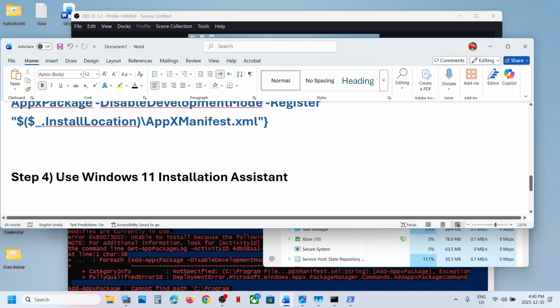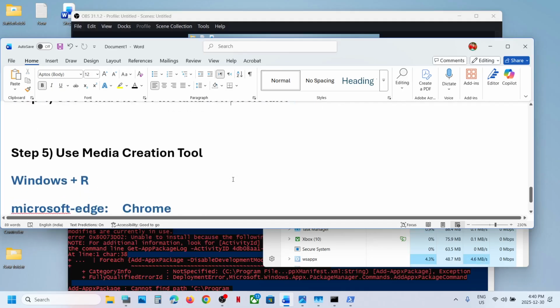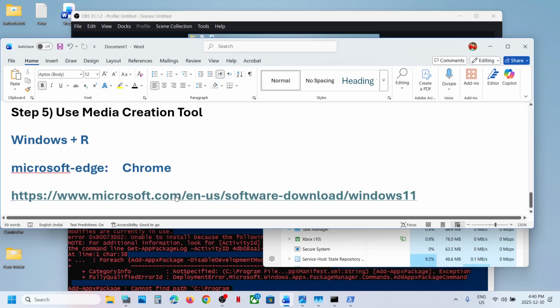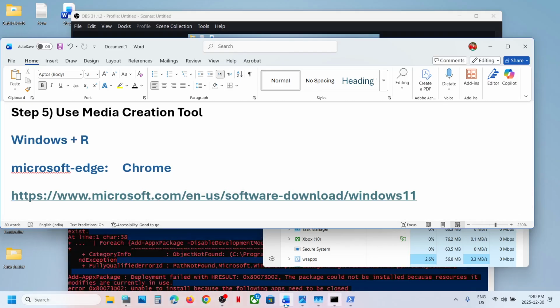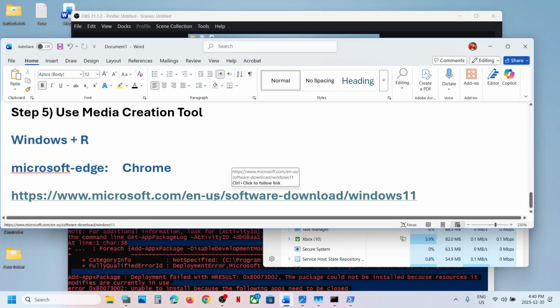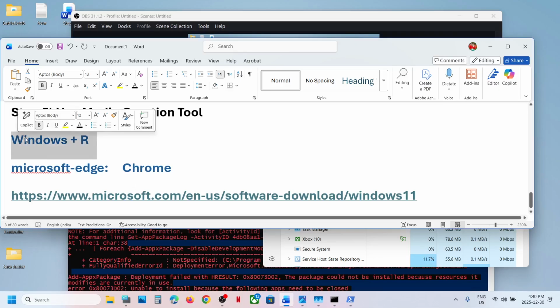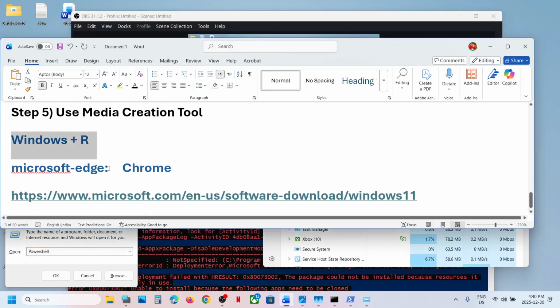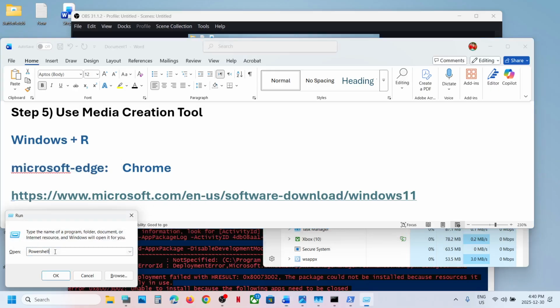Still not working? Use the Windows 11 Installation Assistant. For this you can open the link in a browser. The link is provided in the video description. If you're not able to open any browser, if everything is frozen and the taskbar is not working, you can press Windows plus R on the keyboard and type in Chrome or Microsoft Edge. If you copy this Microsoft Edge command, which is provided in the video description, and click on OK,